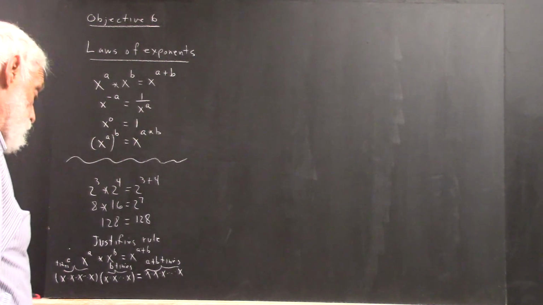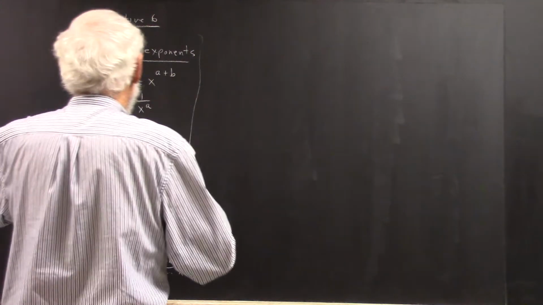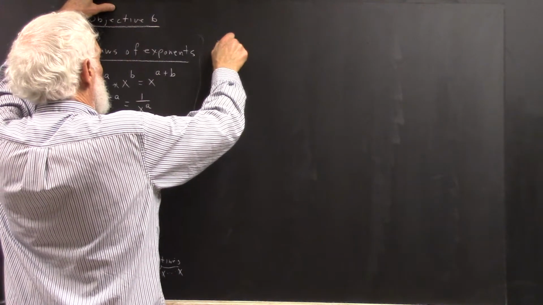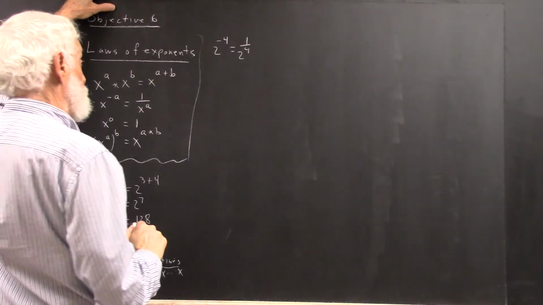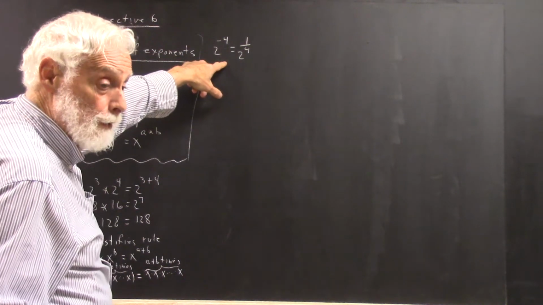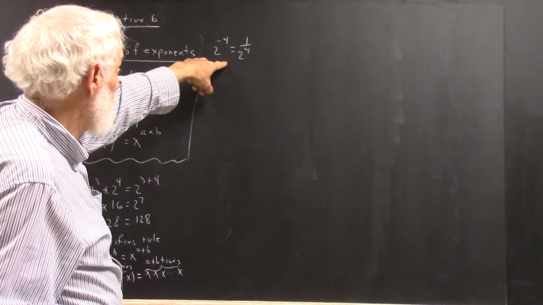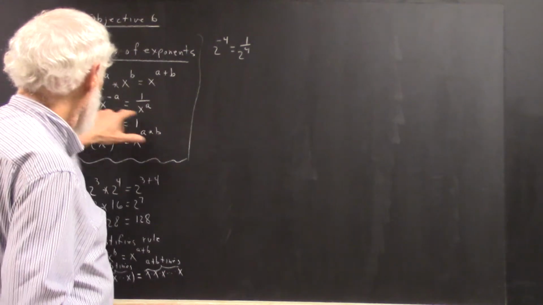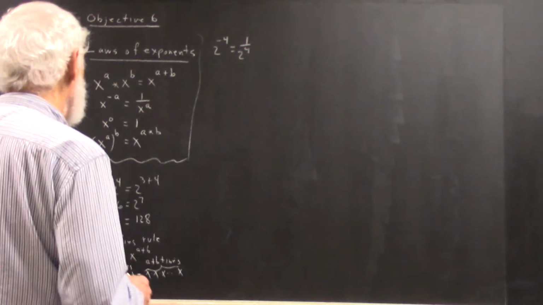Now, you get into negative exponents. Let's look at an example of a negative exponent here. x to the negative a is 1 over x to the a. So like 2 to the negative 4 should be 1 over 2 to the fourth. Simple enough. Of course, we understand this law is very important for evaluating, for example, the exponential function, at 2 to the negative 1, 2 to the negative 2, if you're making the table. We have to have this rule. And this rule makes sense because, in this case,